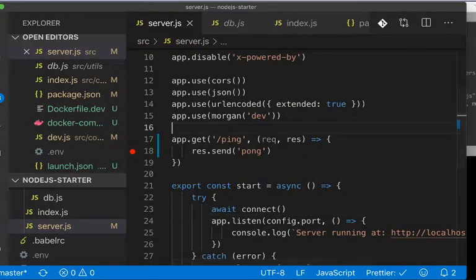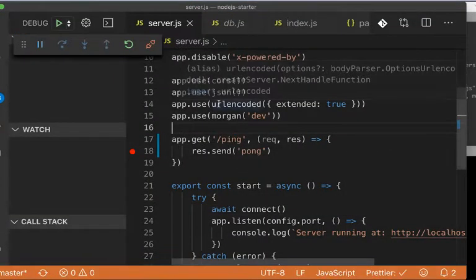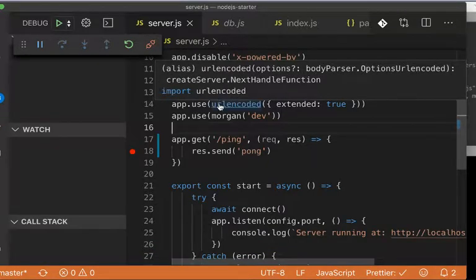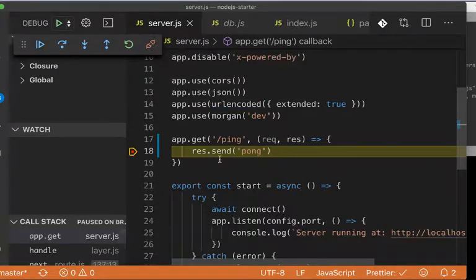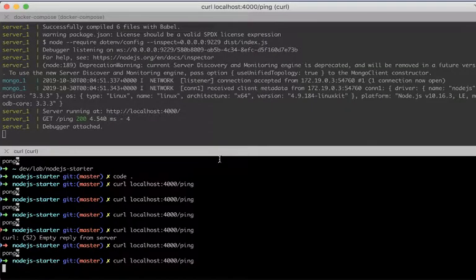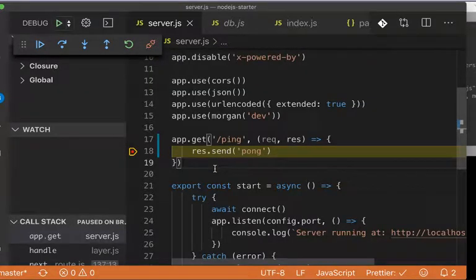We haven't started the debugger yet, so start the debugging, and we do another ping. It will go here. Okay, cool. So we are debugging directly with the